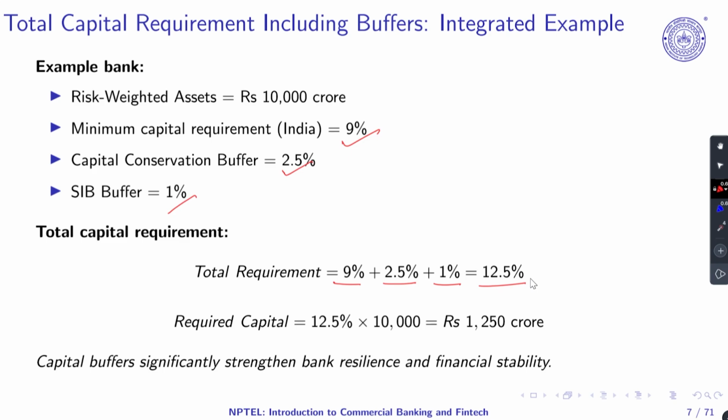So required capital is going to be how much? 12.5% of 10,000 crore, which means that 1250 crore rupees banks will have to keep. And how much is the additional? So 3.5% is because of Basel III. So Basel III is contributing in the buffer list. So you can say Basel III is contributing 3.5%,